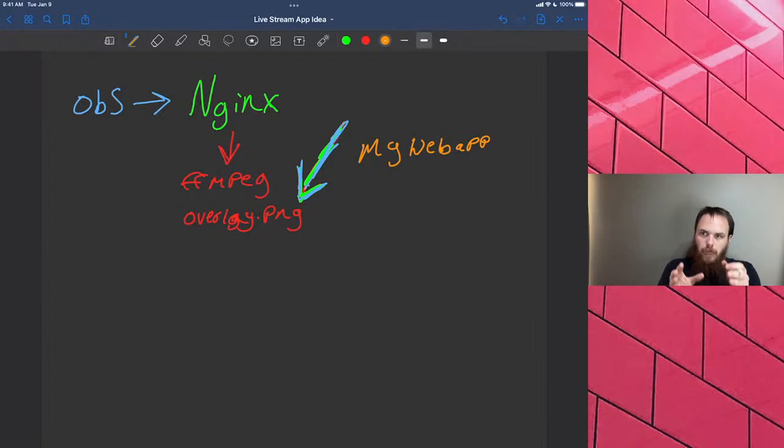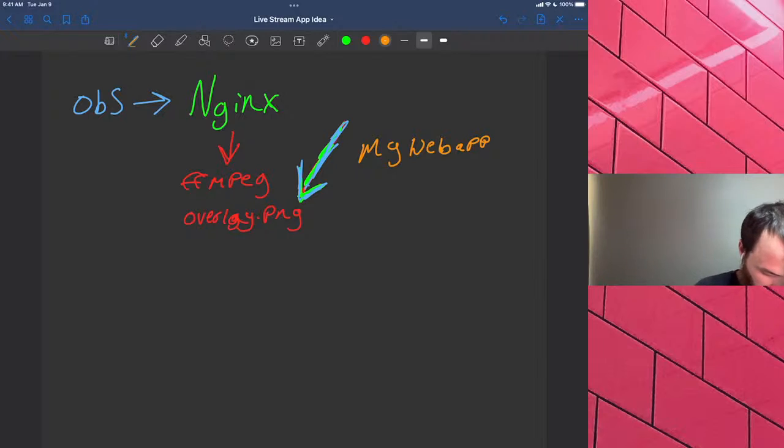So being able to just update this image over and over, rewriting overlay.png, is going to allow ffmpeg to have this content change midstream. You don't need to restart ffmpeg. You don't need anything. I think this is going to work pretty well. I don't know that for a fact, but